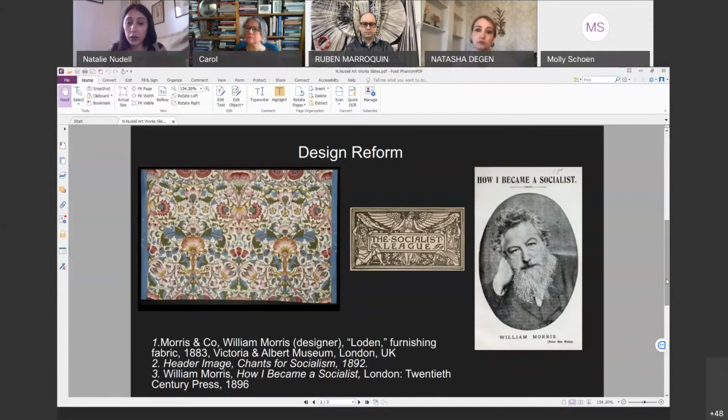assigned William Morris's 1892 text, How I Became a Socialist. Previously, I was really more focused on the design and all the things they were doing with dyes and practices and Merton Abbey and the guilds. But especially in the times we're living in, when the word socialist is thrown out at any person who thinks free healthcare is a thing, I thought it was very important to articulate what socialism is in this time. And so we see here on the left one of William Morris's or Morris & Co.'s